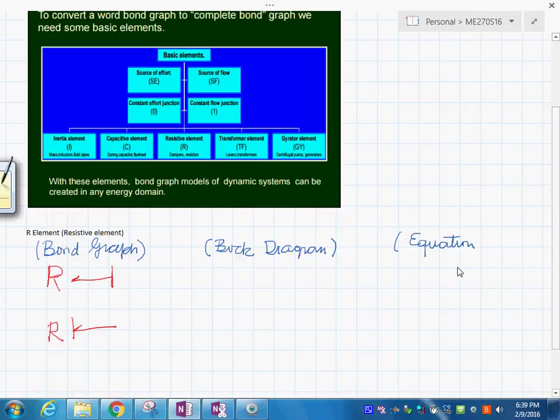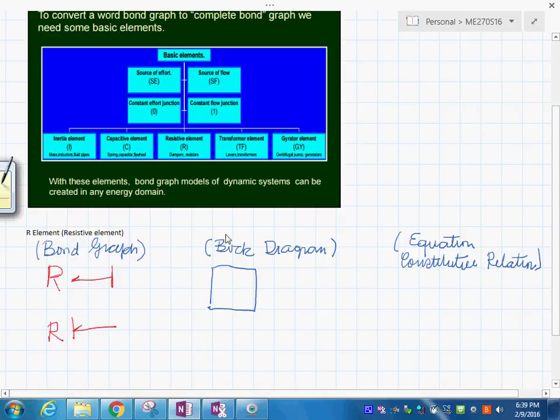In here, you see the way the block diagram is like you have this R element, and let's see, we had it with black over here, like here. See what is going out of the R element. In here you have the effort variable that is going out, and what is coming in is the flow variable. On this other one, the flow is going out and the effort is coming in. What does it mean? In here it means that when you draw this in the block diagram form, it says this is the R element,